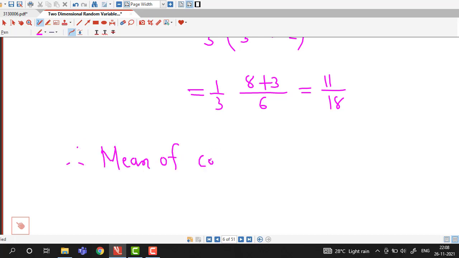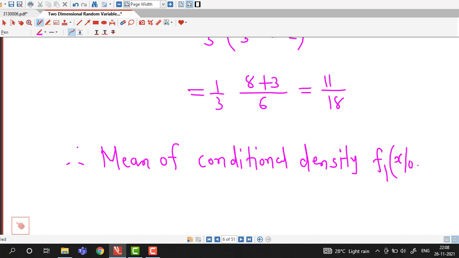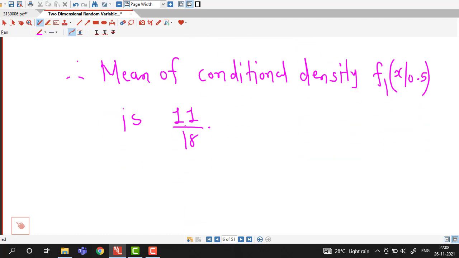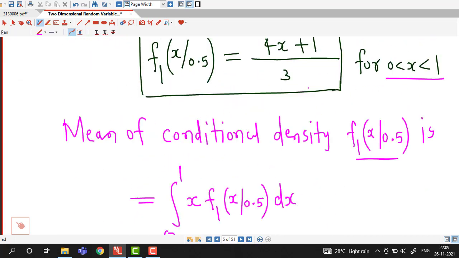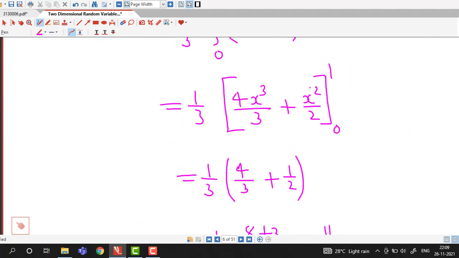Mean of conditional density f1 of x given 0.5 is 11 by 18. So we were asked to find out this quantity, mean of conditional density. Okay, so in this way we can easily find out solutions of this type of questions, but